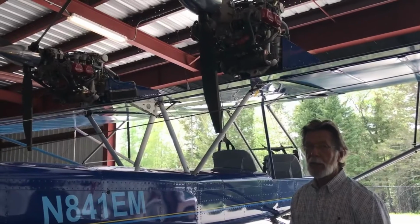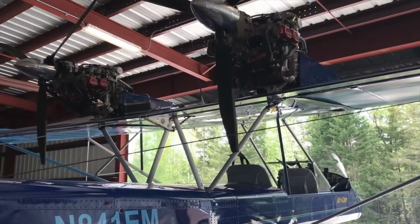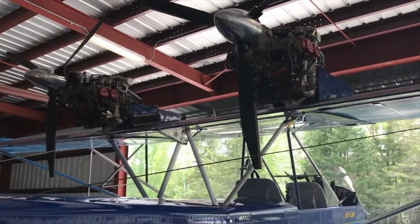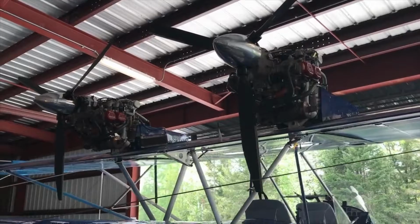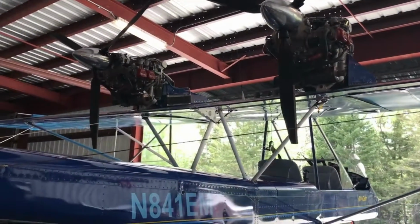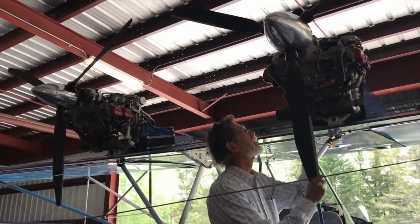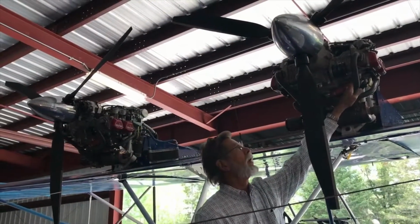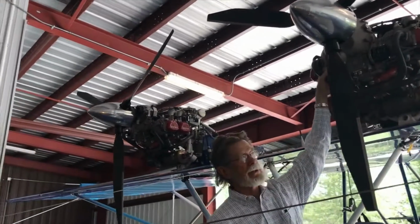Ed, you've got to get off the ground somehow and then hold yourself in the air. This plane itself is incredibly unique in its engines, which, as you can see, are behind the wing here. But tell me a little bit about these engines and what makes them special for this type of aircraft that you've constructed. Well, we're in the Adirondacks and we're up at about 2,000 feet, and these are turbocharged engines, so